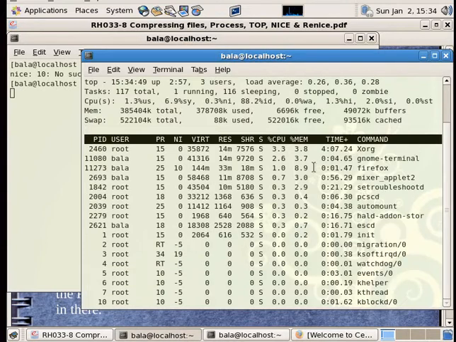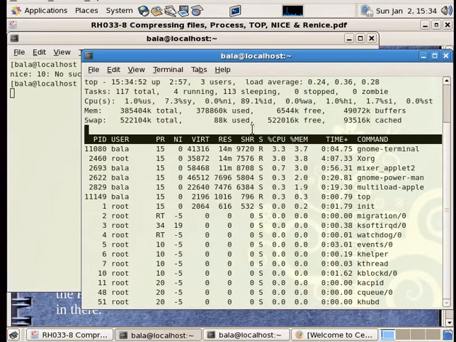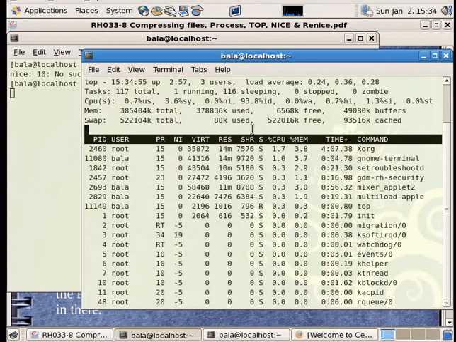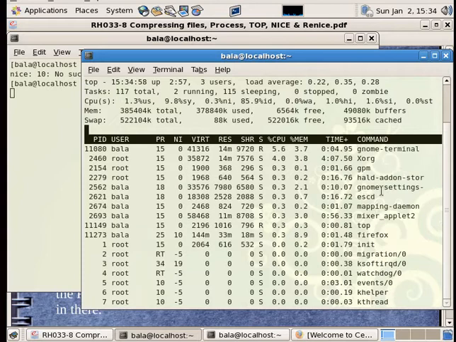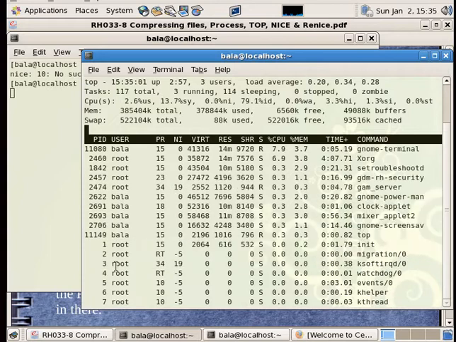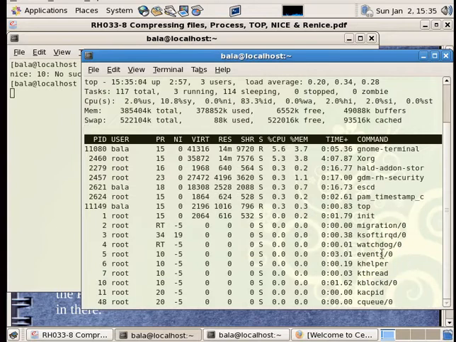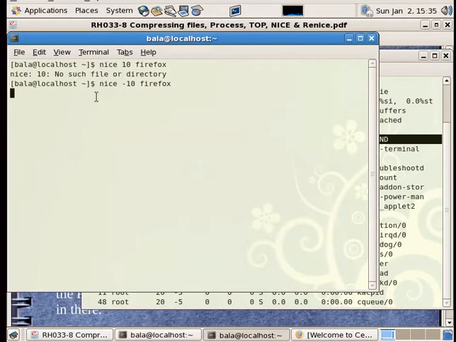If I want to renice that particular value, I can do it right here, or I can choose to see what the Firefox value is. Where is Firefox? Oops, it's disappeared. What I can do is use the pgrep command right now.